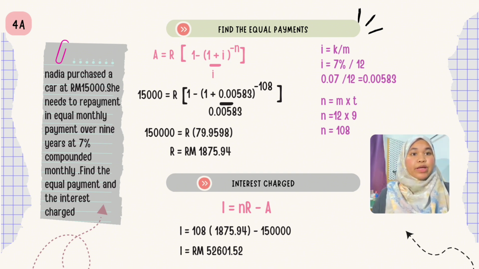We use the formula I equal nR minus A. n is 108, R is 1875.94, A is 15,000. So I equal 108 bracket 1875.94 bracket minus 15,000. So the answer for I is Rm